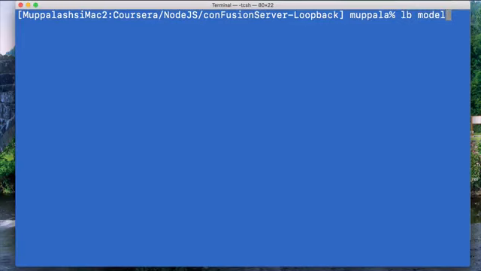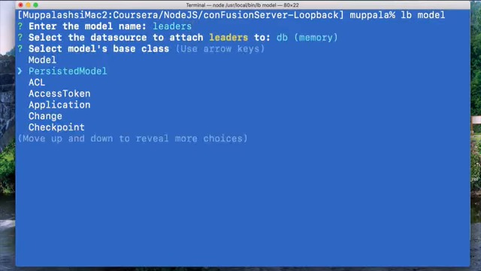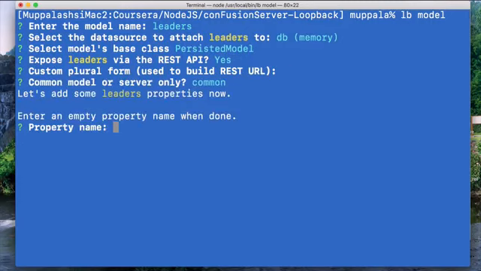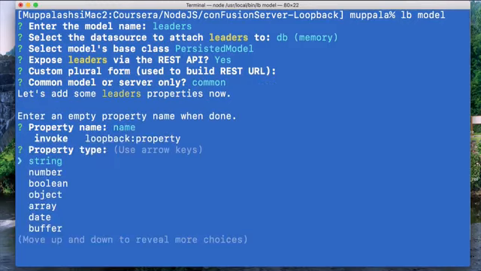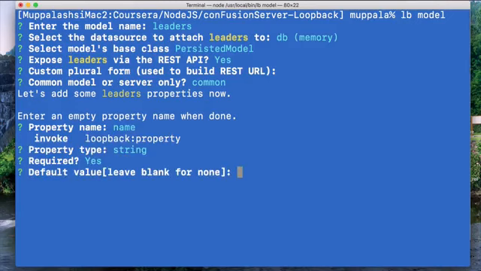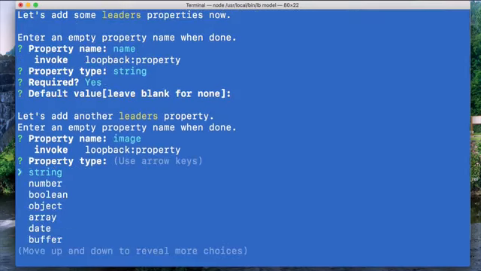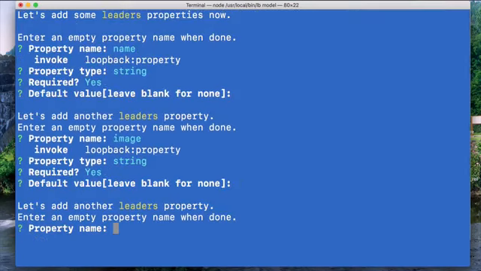So we'll say lb model, and we'll say leaders, and this would be in the database, a persisted model, exposed via the REST API, custom, common. So as you can see, creating a model is very, very straightforward using the Loopback CLI. And for the leader, the properties are name of the type string, required, default is empty, image of the type string, required, default value is empty,